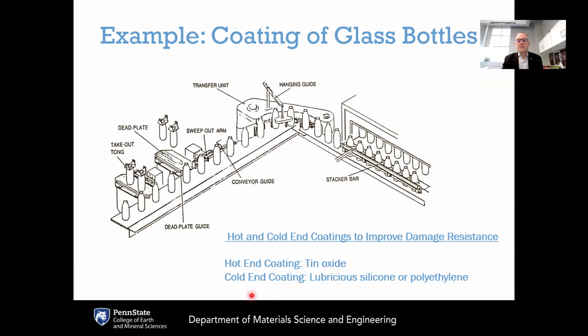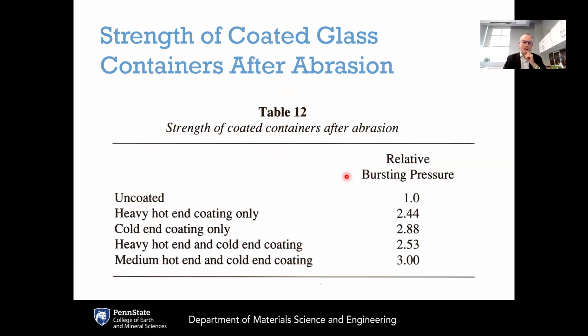And after the glass is cooled down, there can also be cold end coatings, such as lubricious silicone or polyethylene. These are meant to help reduce frictive damage that can occur. For example, if the bottles are rattling against each other, or if it is, say, pharmaceutical vials that get pushed together in the glass manufacturing process, having a polymer coating to reduce the coefficient of friction can help prevent the introduction of frictive damage. So both of these are helpful means of reducing the damage that gets introduced and therefore increasing the retained strength